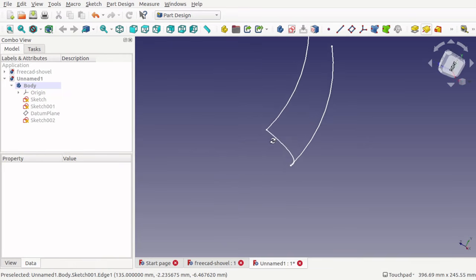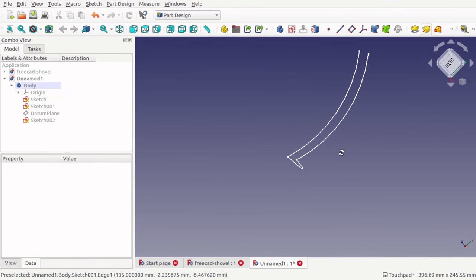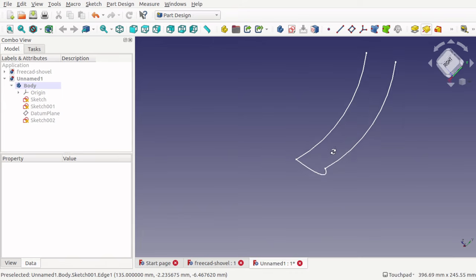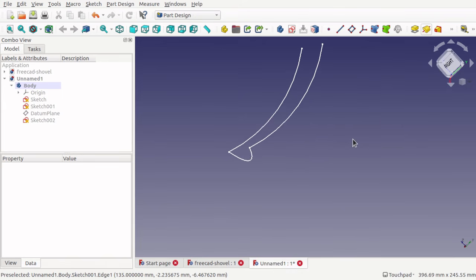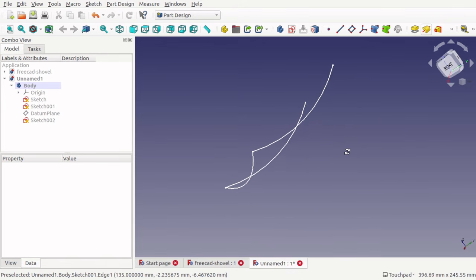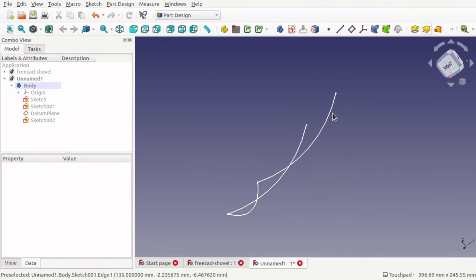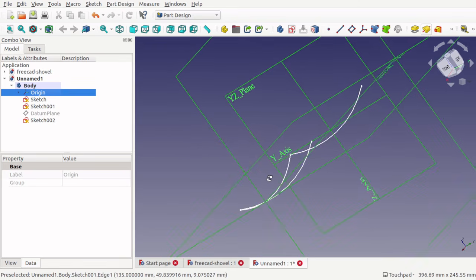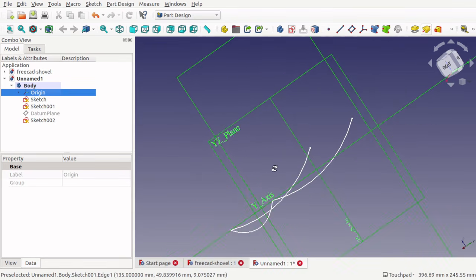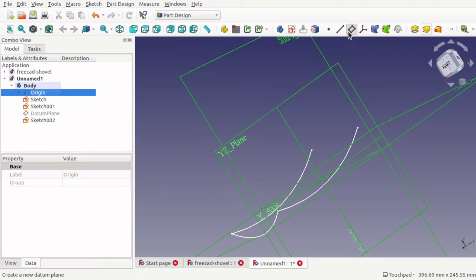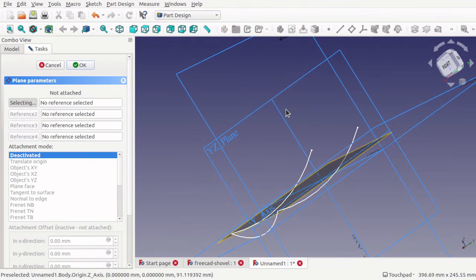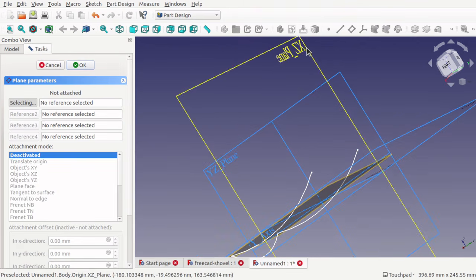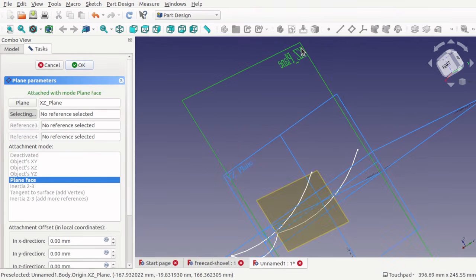Just bring this around the back. You can see when you don't color it how awkward it can be sometimes when you're trying to figure out what way around this is. Now I'm going to just show the origin there, bring this around, and I want a new datum plane. Okay, and I want it attached to this plane here. ZX plane starts, and then attach it to,